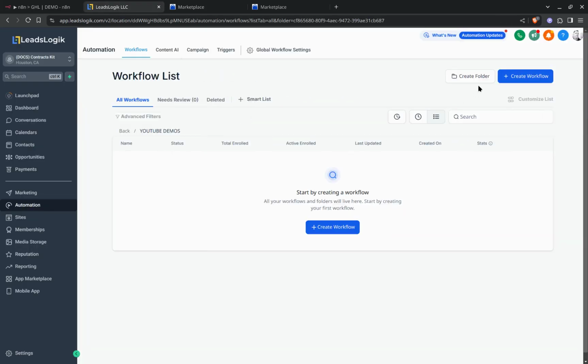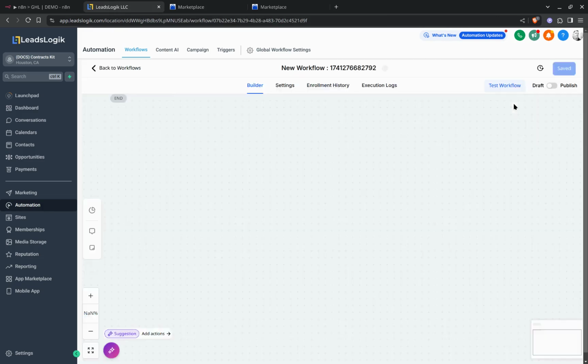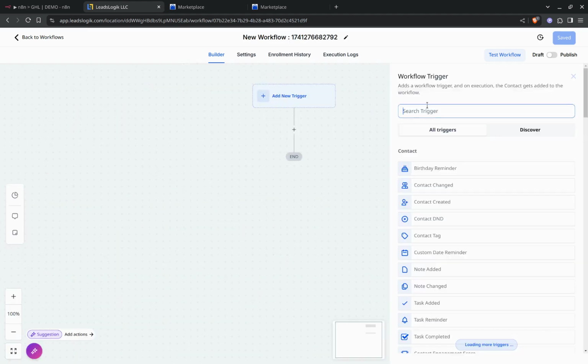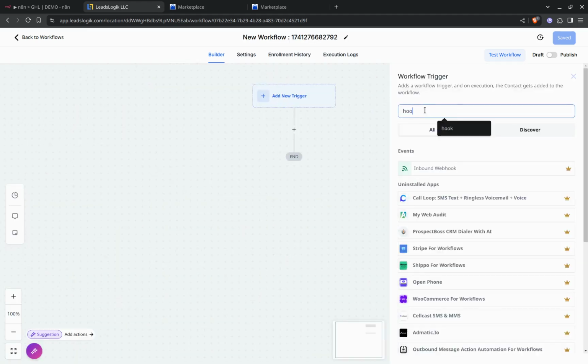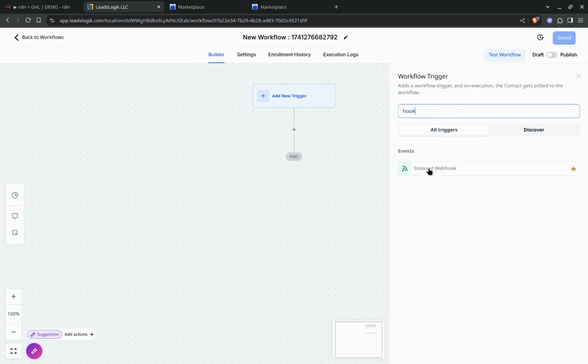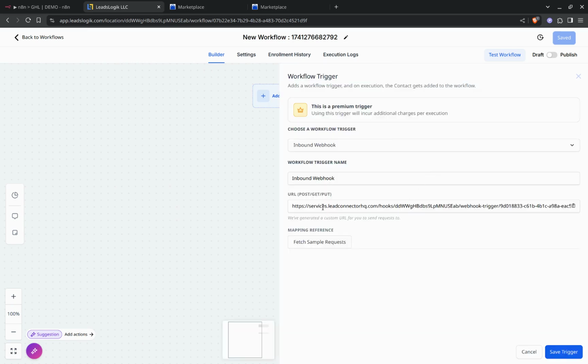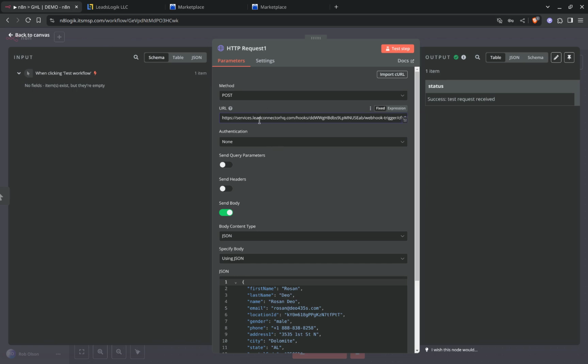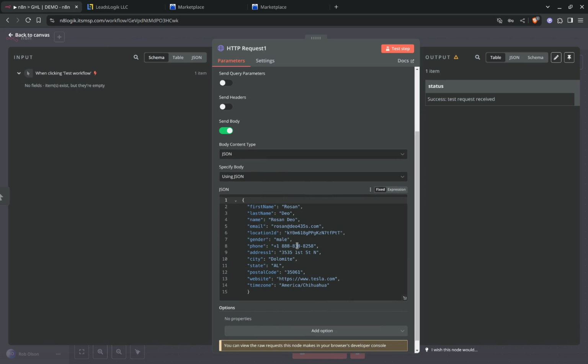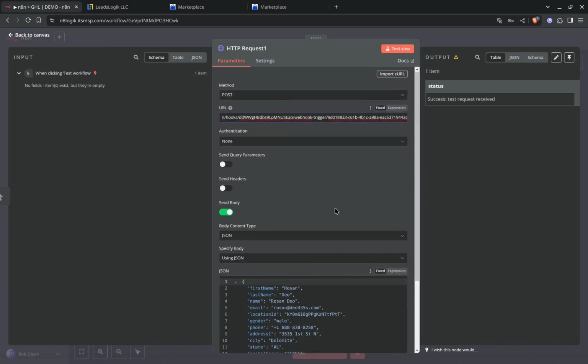So what we'll do is we go into GoHighLevel, all right? And I've got a folder here. I'm going to create a workflow. Start from scratch, and I'm just going to create a trigger, and it's an inbound webhook, and you can't save it until you get a sample. So what we're going to do is grab this URL, and go back into N8N, put that there. I have some sample data on here, all right,